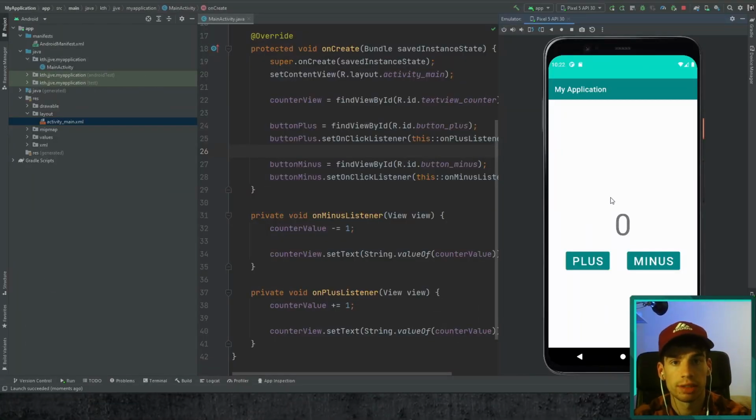Okay, so our emulator has started up, and as you can see, the application has been loaded. When we hit the plus button, the counter value is increased. When we hit the minus button, the counter value is decreased. Of course, this application is rather easy, but in the upcoming videos, we'll go deeper into what we can do